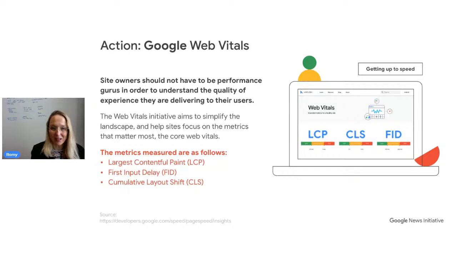Google Web Vitals, what is it? That's a performance report based on a set of common quality signals that directly affect the user experience. So I'll give you now some abbreviations. LCP, FID, CLS. It's like, yeah, sure. What does that mean? Largest Contentful Paint, First Input Delay, and Cumulative Layout Shift. What does that mean? So